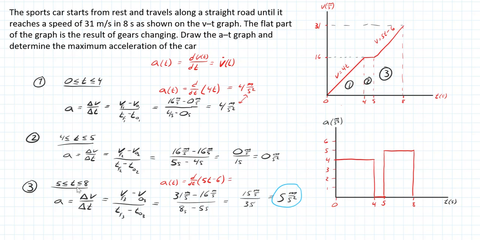The derivative of negative 6 just gives us 0. So what we have here is 5 minus 0, or just 5 meters per second squared. And again, exact same value as before. So in some cases, it's easier to just take the derivative. In some cases, it's easier to just solve it